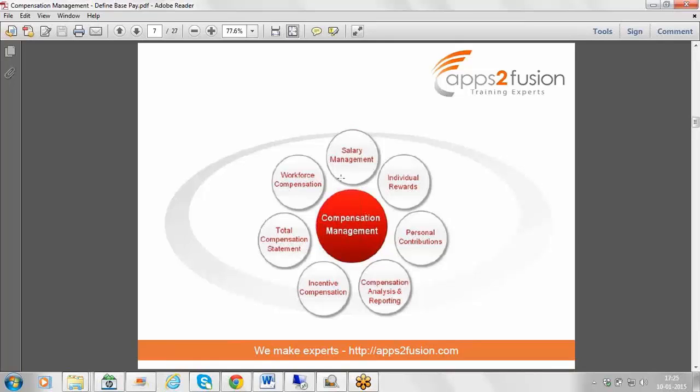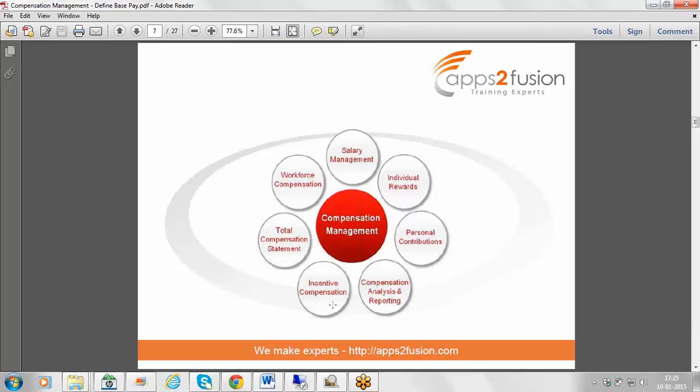One is salary management, where we give salary to the employees, make changes to their salaries, etc. And next is individual award, that is like spot bonus and everything. And personal contribution, as I told you, like contributing for charity or anything, that can be done by the employee directly. Then we have compensation analysis and reporting.